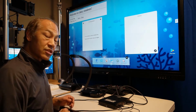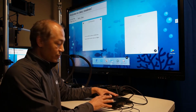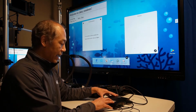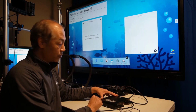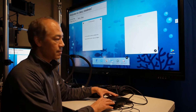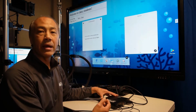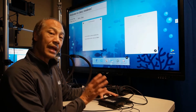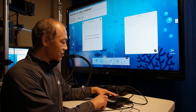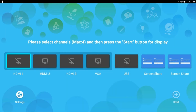So here's a couple of other things. On the CB310, there are 5 buttons, and you have your power, you have your mode, and then we have a volume up and volume down, and then we have our source button. The source button is just going to allow us to select between, like I said, HDMI input 1, 2, 3, or VGA or USB. Now the mode button, if I was to select mode, this is going to show me